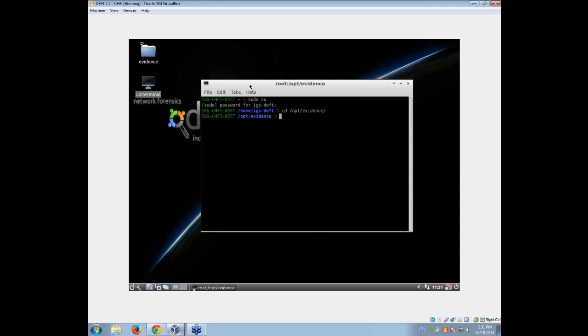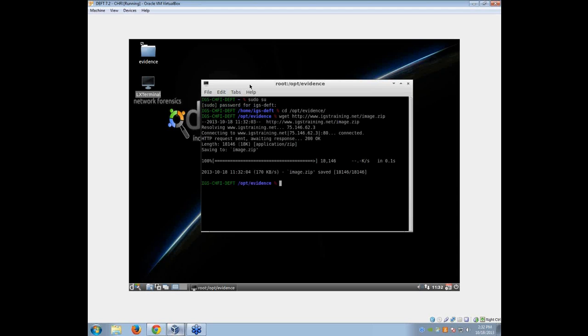And now we can grab the image from the IronGuard web server by running the command wget http://www.igstraining.net/image.zip. Now you can decompress that by doing unzip image.zip, and we need to grab and decompress the second image file